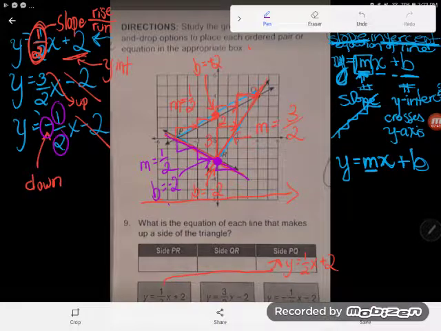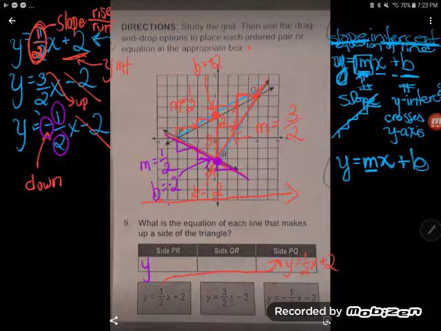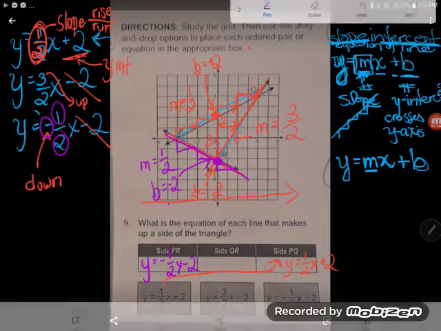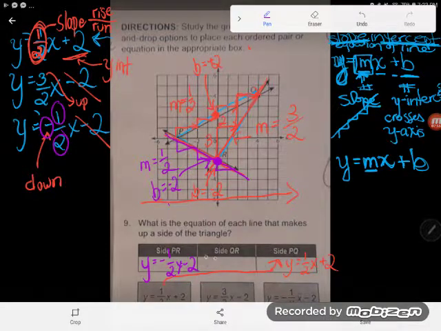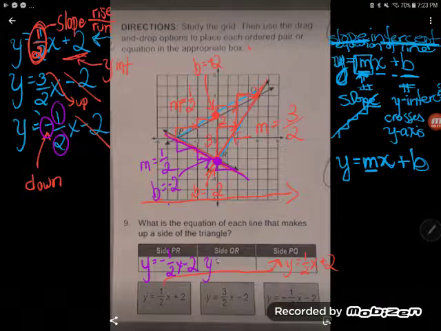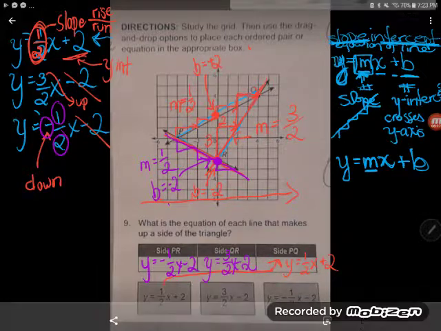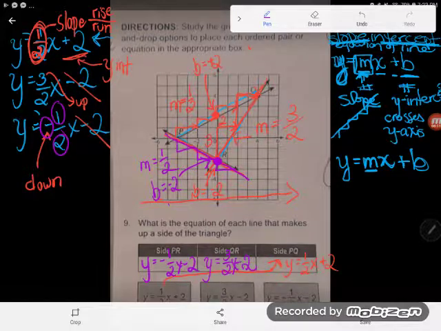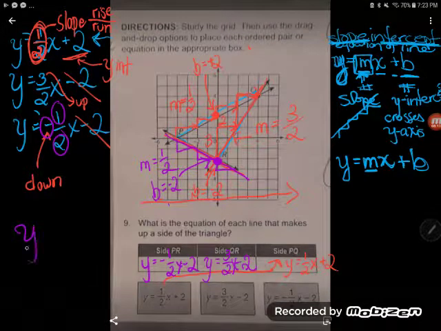Okay, great. So that was PR. So if PR is y equals -1/2 x minus 2, then QR is the only one we didn't do. QR, yep, QR. So QR was our y equals 3/2 x minus 2. Awesome. Okay, so cool. This was a tricky little problem, but it totally relied on you knowing the slope-intercept form